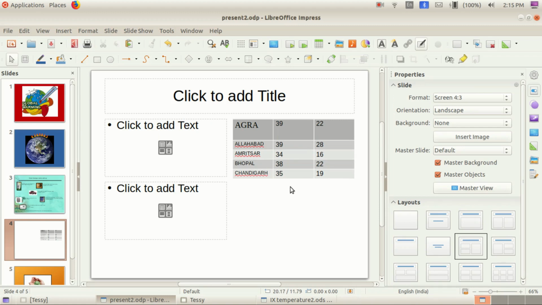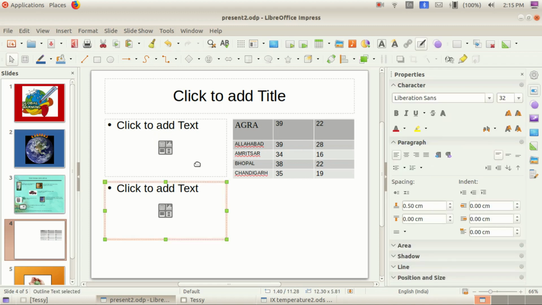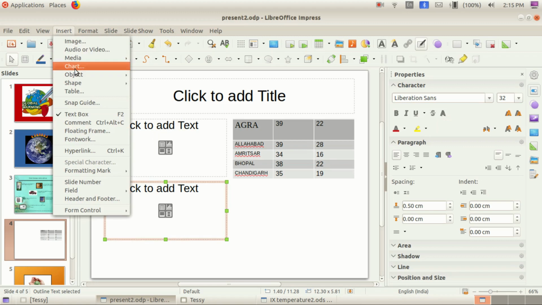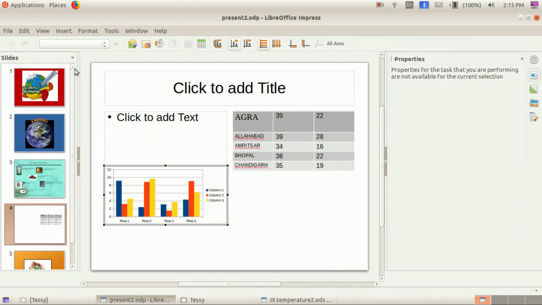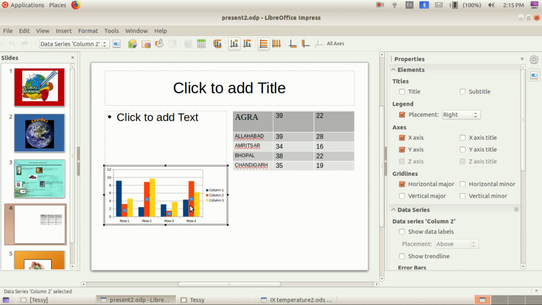After that we want to insert a chart. Okay, insert chart, then a window will open. Look here, I am clicking here, insert chart. Here we have data points 1, 2, 3, etc. given here. Got it, children?